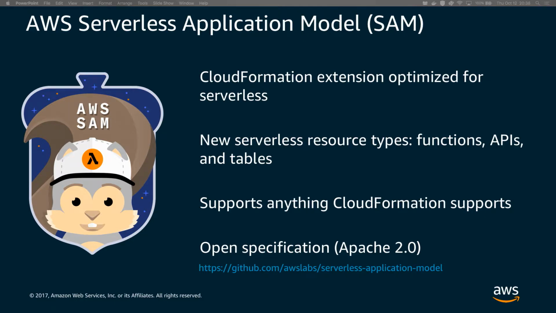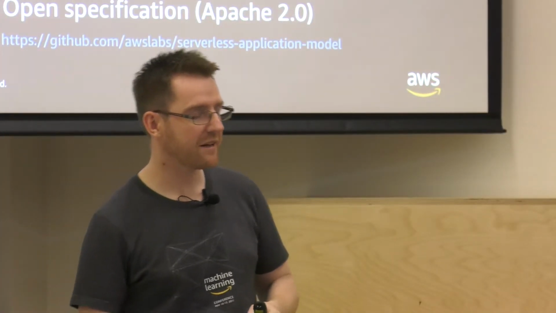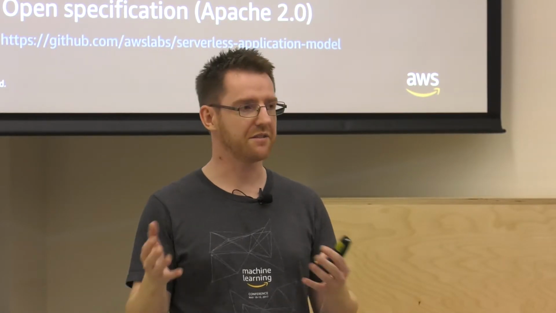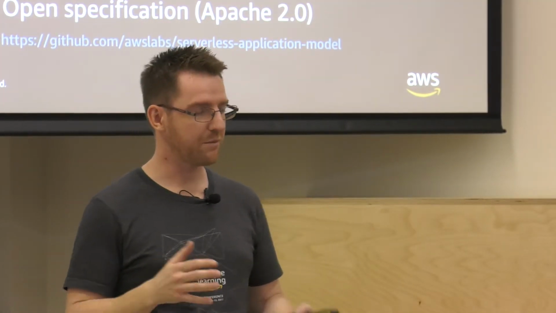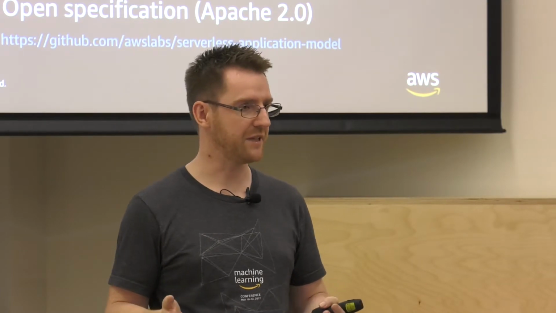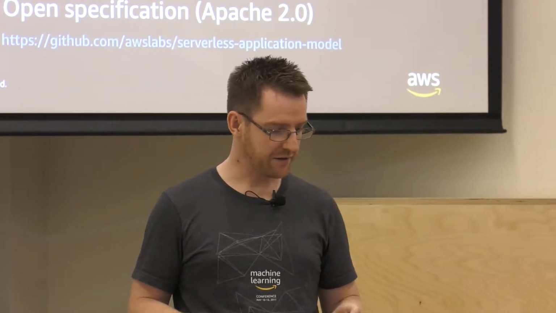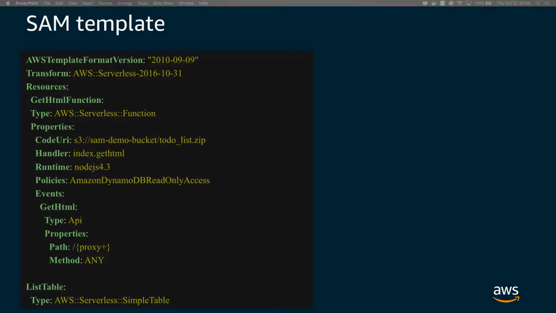But the problem with CloudFormation sometimes, if you're deploying a serverless app, is it might be rather long. So you might be looking at a screen that starts up here, ends up down there. With SAM, instead, you can simplify this massively and be a lot more concise in terms of your definitions. So you can describe the serverless app in a few lines of code. This is a bit of a SAM template, and there's a few different elements here. This particular one is in YAML, but could be in JSON as well.